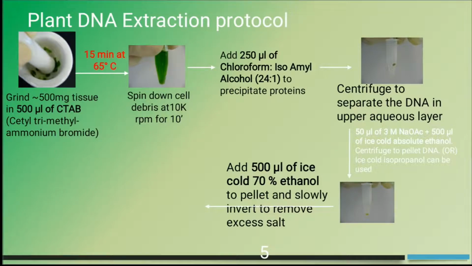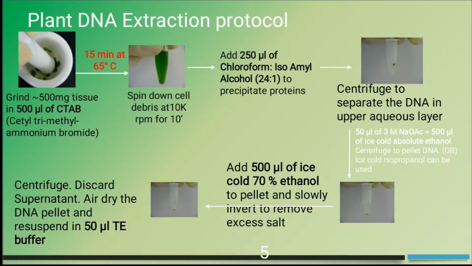To remove the excess salt further, 500 microliter of 70% ice cold ethanol is added. The excess salt present in the vial will be dissolved in the ethanol, and during centrifugation the DNA is precipitated. Now after centrifugation the salt containing supernatant is discarded, and the tube along with the precipitate is kept inverted and allowed to air dry for 5 to 10 minutes, and it is resuspended with deionized distilled water or Tris-EDTA buffer, and it can be used for further analysis.